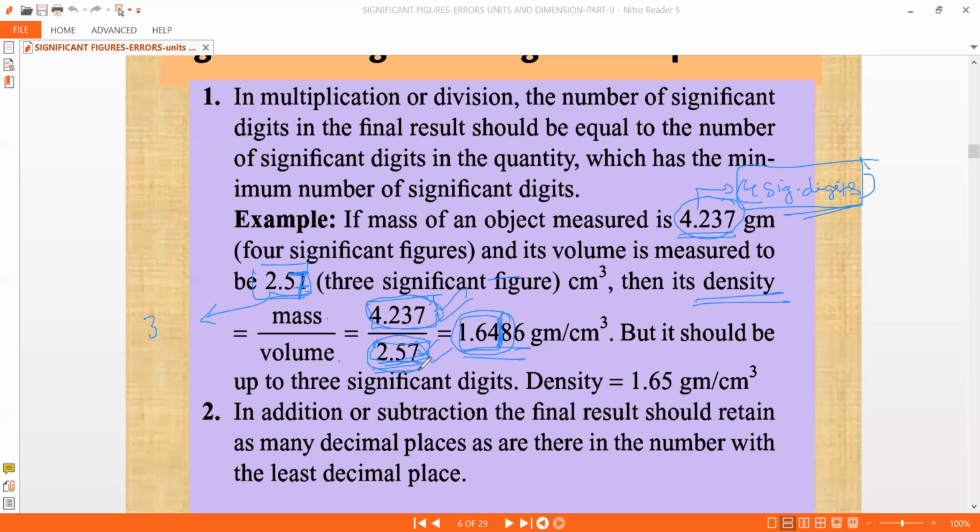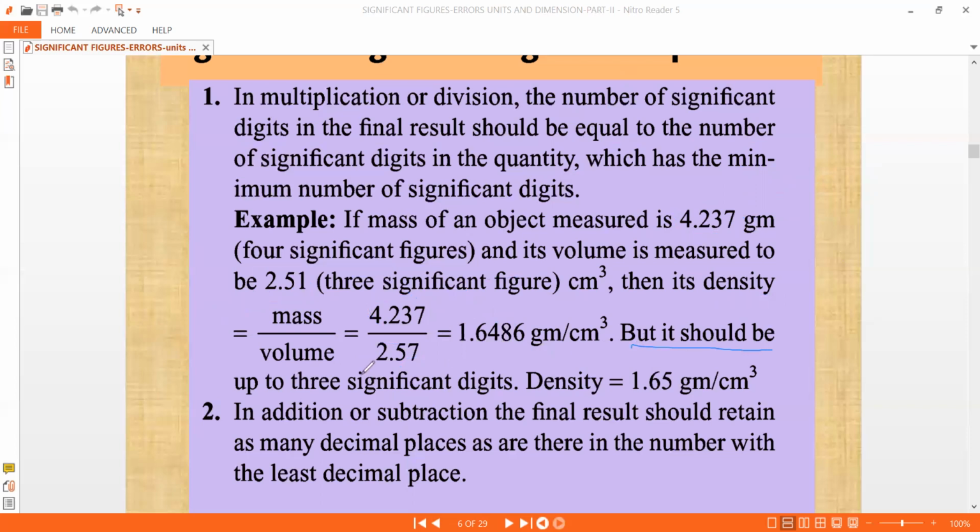So my confidence drops down. So that is the idea. That is the reason why you end up with the least number of significant figures. Whichever quantity has the least number of significant figures, that only you have to report at the end. So that is the basic idea here. The theory is given here.